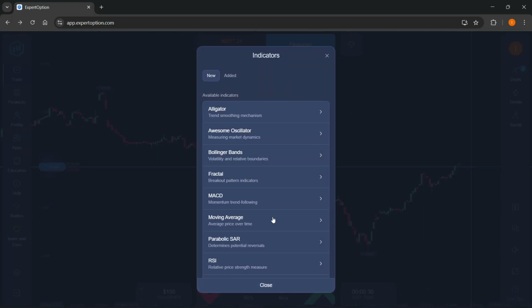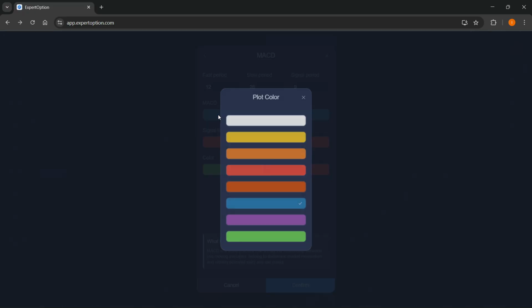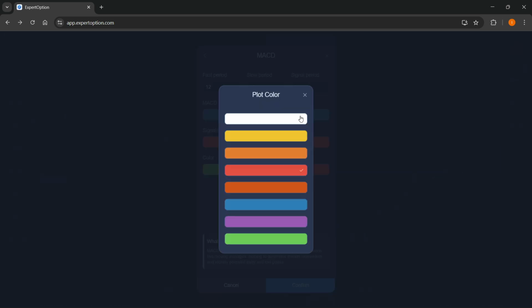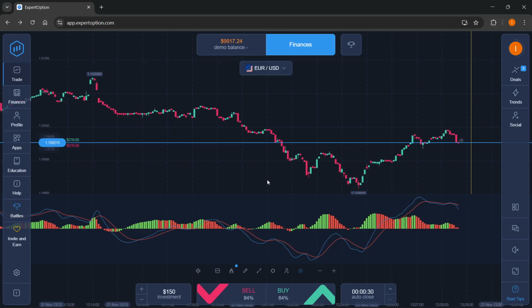Just click on that, it's going to open up the indicators, and the MACD indicator is over here, as you can see, momentum, trend following. Click on this one. And here you can change different metrics. So here you could go ahead and change the fast period, slow period, and the signal period. And then you could also go ahead and change different colors for different things in here. And whenever you're happy, you can just click on the confirm button and it's going to basically show up on